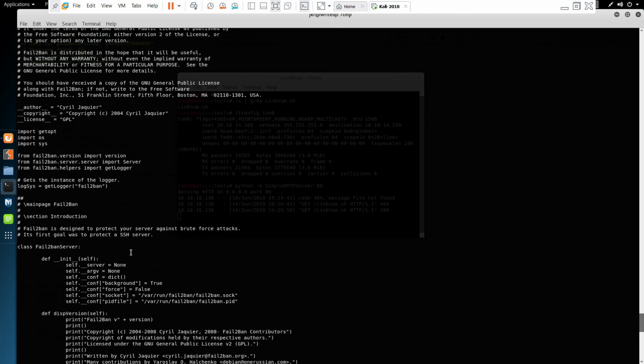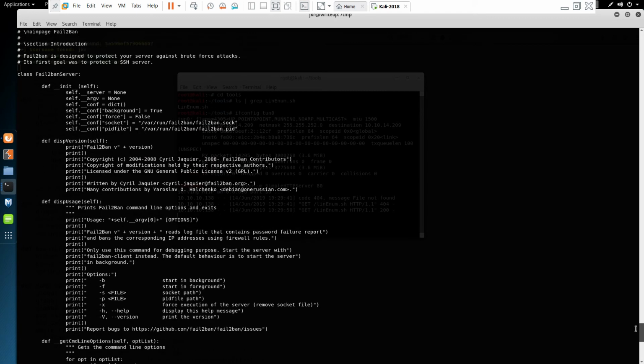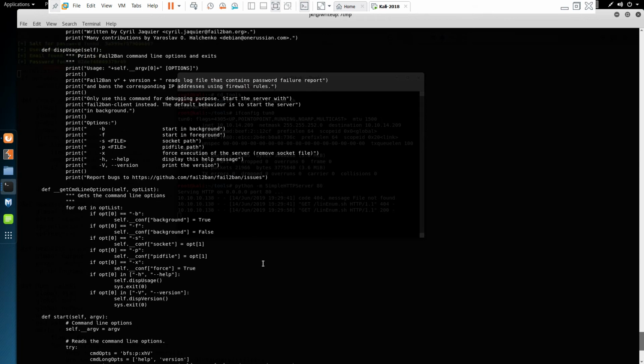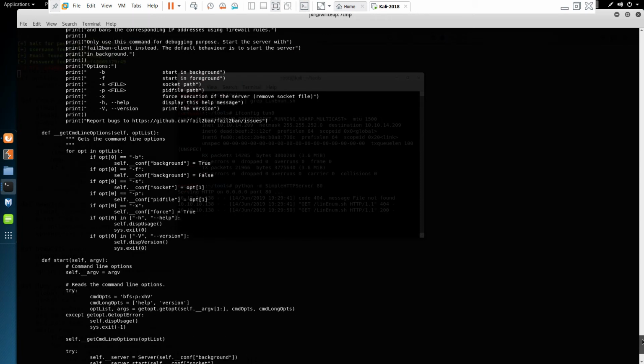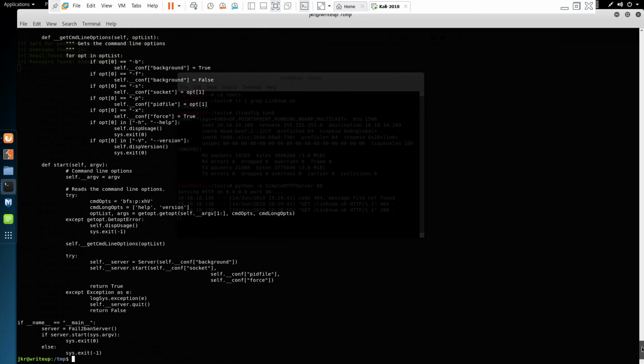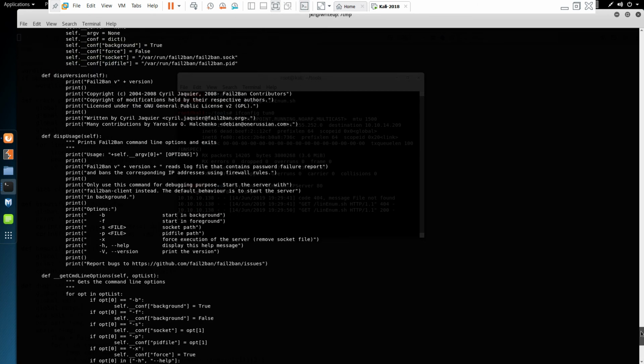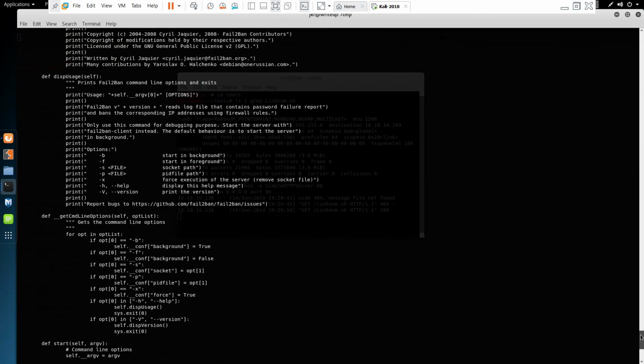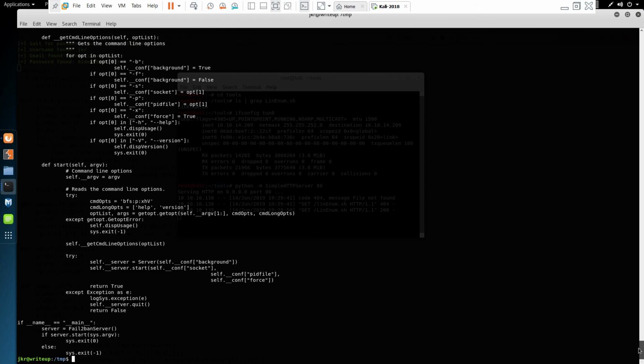So we can see the script, fail2ban, designed to protect your server against brute force attacks. Its first goal was to protect an SSH server. The script will try to detect if a malicious attacker is trying to brute force and then bans that IP for a limited period of time, based on the configuration the setup of this box has been put to do. Anyway,